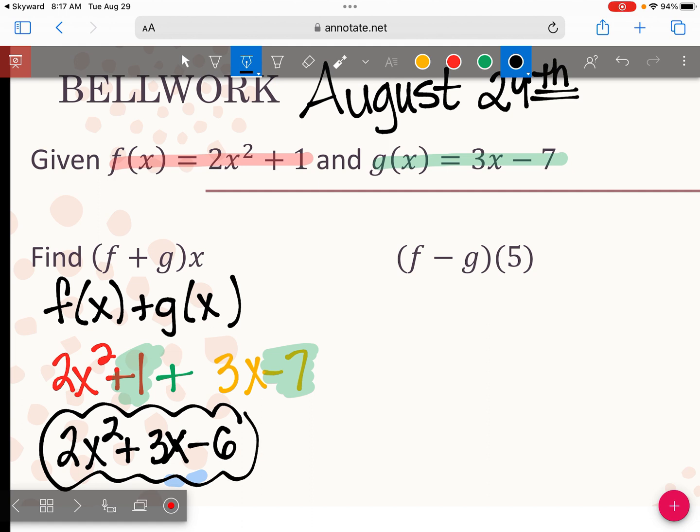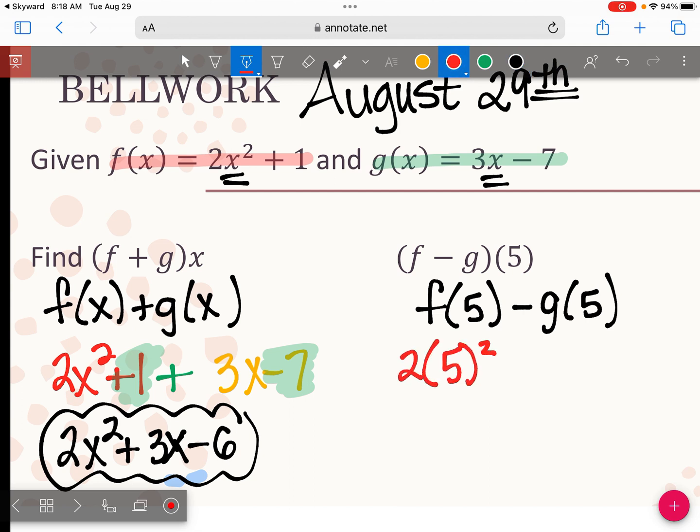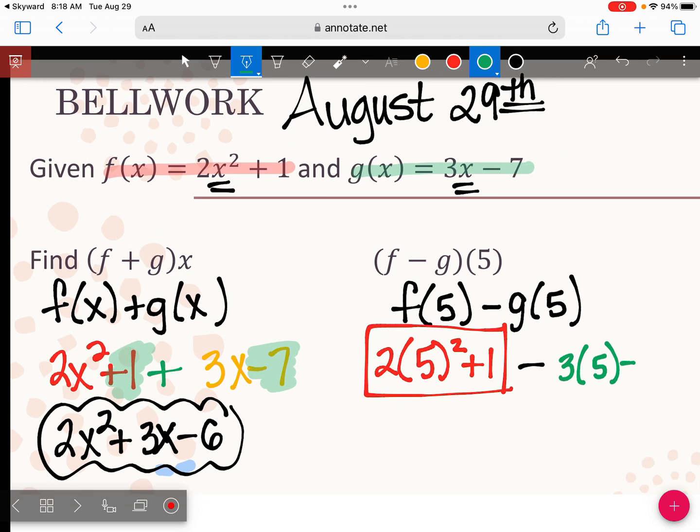Good. Now for the second part, it says, what is f minus g of 5? Which means f of 5 minus g of 5. So I'm going to put a 5 in my f function and a 5 in my g function. So that would be 2 times 5 squared plus 1. I'm going to just box that up. That's one number. We're subtracting from that 3 times 5 minus 7. So 5 squared is 25, 50, so 51